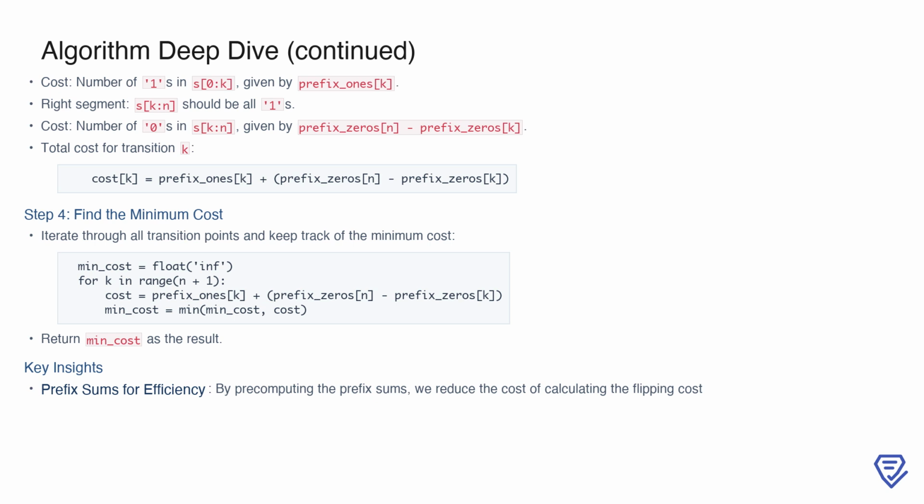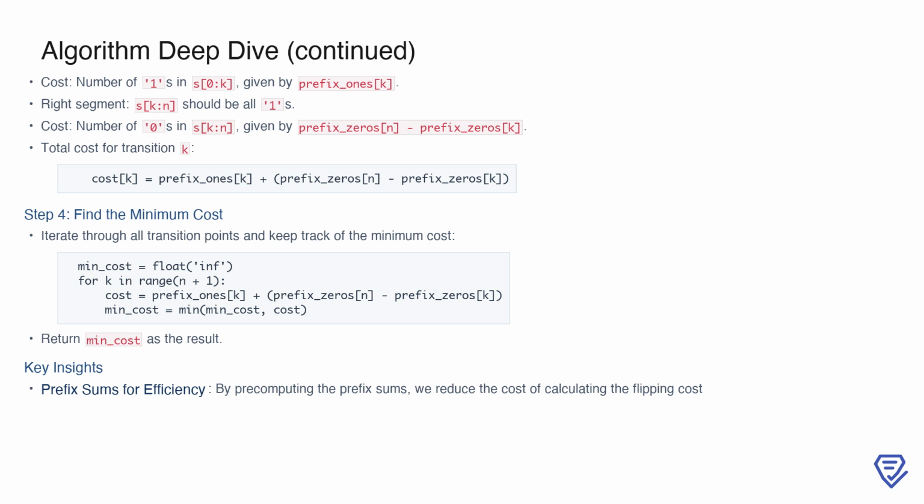Similarly, the cost to make the right segment all ones is the number of zeros in that segment, which can be determined using the formula prefix_zeros[n] - prefix_zeros[k]. The total flipping cost for transition point k is the sum of these two costs, prefix_ones[k] plus prefix_zeros[n] minus prefix_zeros[k]. By calculating this total cost for each transition point, we can determine the minimum cost required to achieve the desired